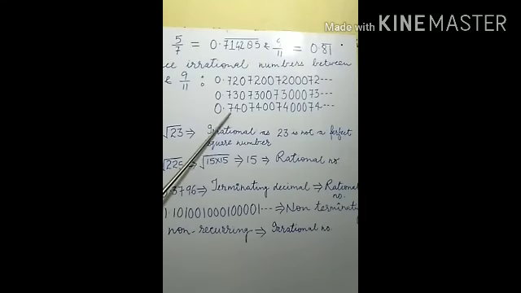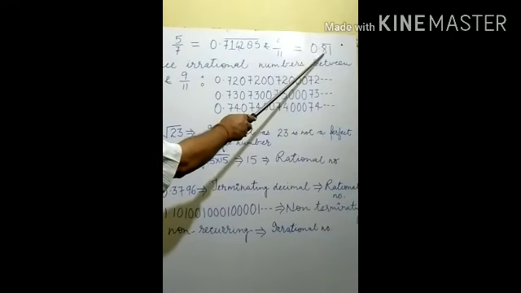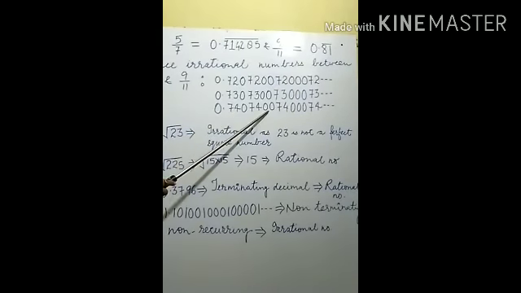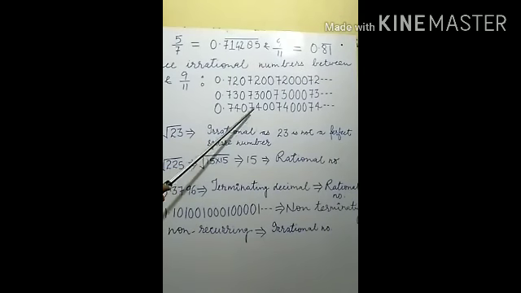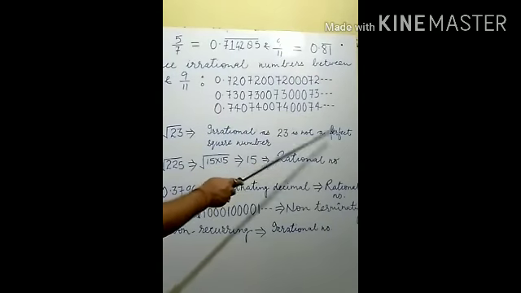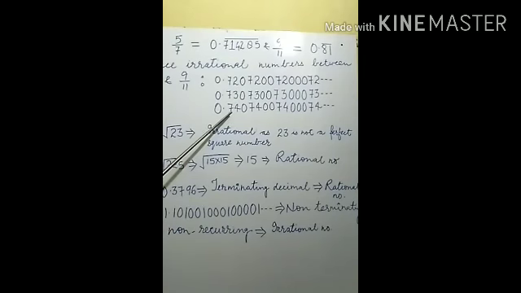Third example may be taken 0.74, because the last limit is 0.81, so we can take 0.7410, 7400, 74... Like that we can take 0.75, 0, 7500, 75000, 75... Similarly 76, single 0, 76 00, 76 000, 76... Again we can take 0.78 10, 78 00, 78 000, 78... Again we can take 0.79 10, 79 00, 79 000, 79... Again we can take 0.80, 8 00, 8 000, 8...